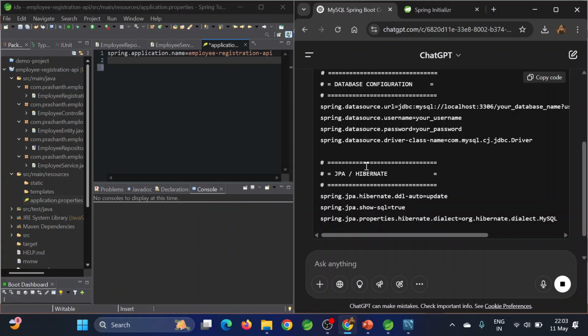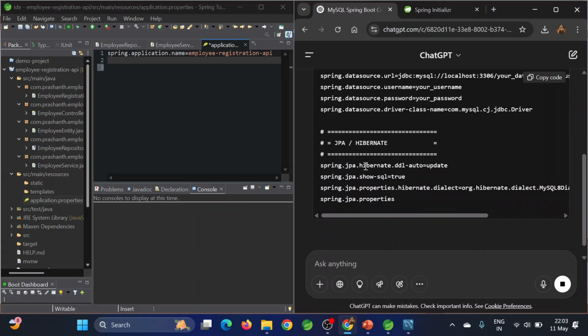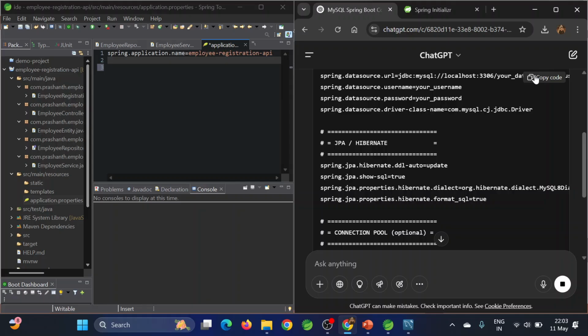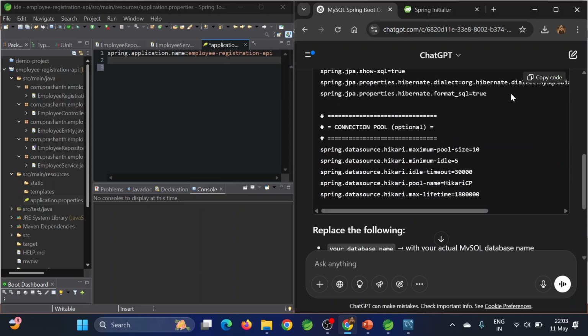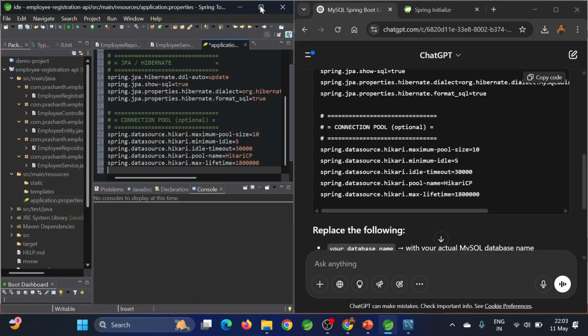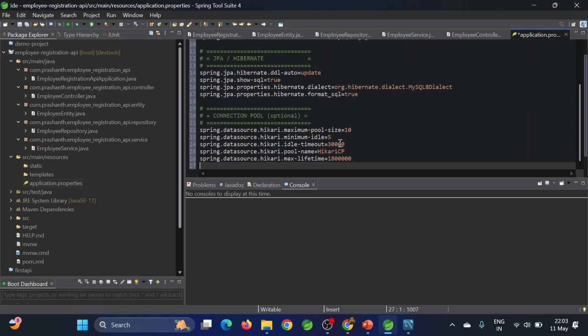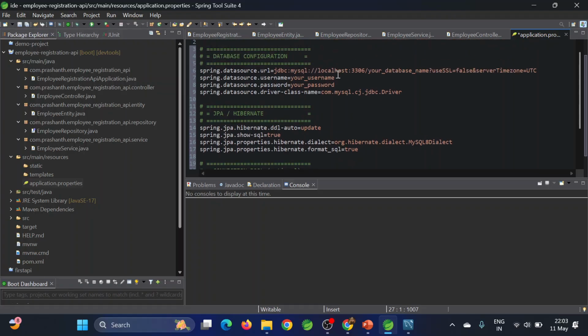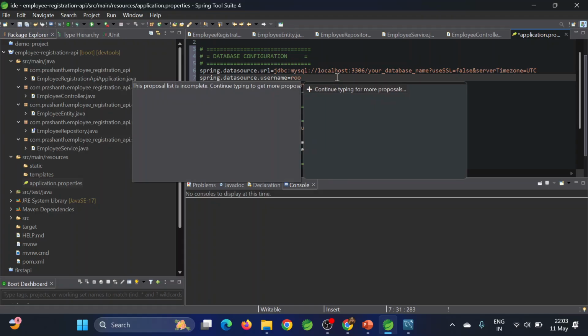So you will get everything. You should do nothing. Just copy this and paste it in your application properties. Control V. So here you got everything. And here, in the place of username, you are going to give your database username. So my database username is root,